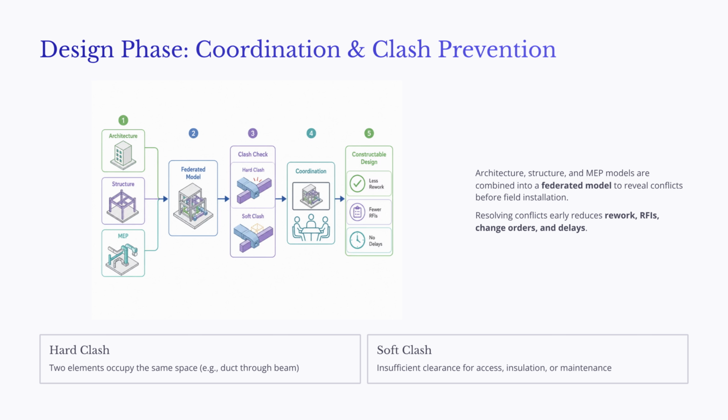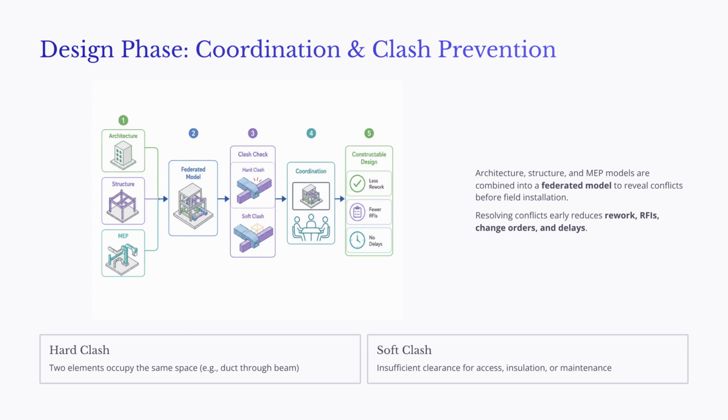There are two common types of clashes. A hard clash happens when two physical elements occupy the same space. For example, a duct may run directly through a beam. A soft clash is different. In a soft clash, the elements may not physically overlap, but there is not enough clearance for access, insulation, maintenance,